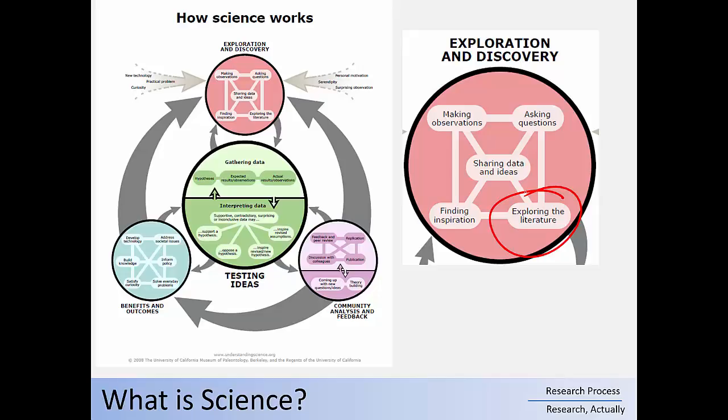The next thing students often get wrong is that exploring literature is a huge part of research, and sometimes a project might be that a research mentor just needs you to do a very in-depth literature review to help them make a decision about a curiosity they have, the next project they want to take on. They need you to do a literature review to help them understand different methods they could be using in a project. So half of research is going to be reading. A lot of students don't understand that all the research articles you'll read in a research preparation course, you're doing that because that's what research is. It's really exploring the literature as much as it is testing ideas.